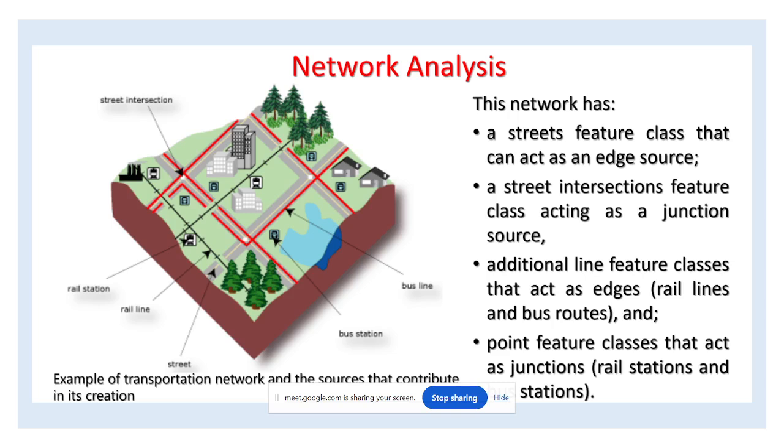Then we had, like Sarah discussed this diagram. So this is a street network basically. This network has a street feature class that can act as an edge source. So streets are there, no? The lines that are shown here behave as edge source. There might be a rail station, there might be a metro station, several such networks may be there along with the power network, whatever it is. So in this street example,